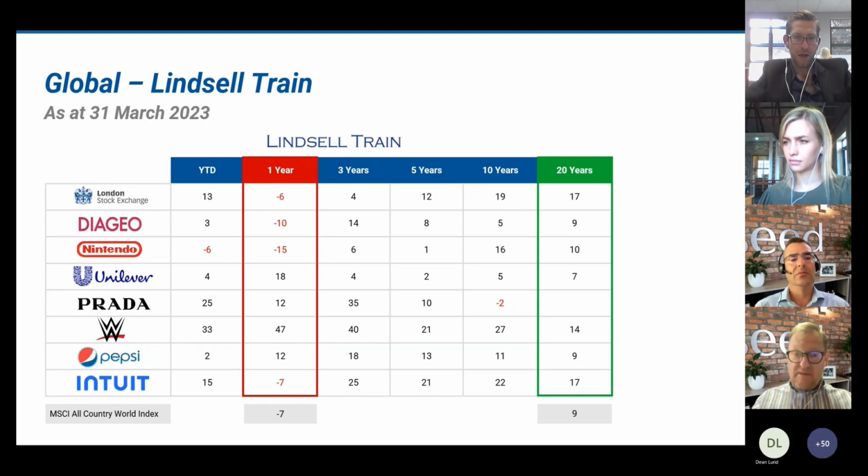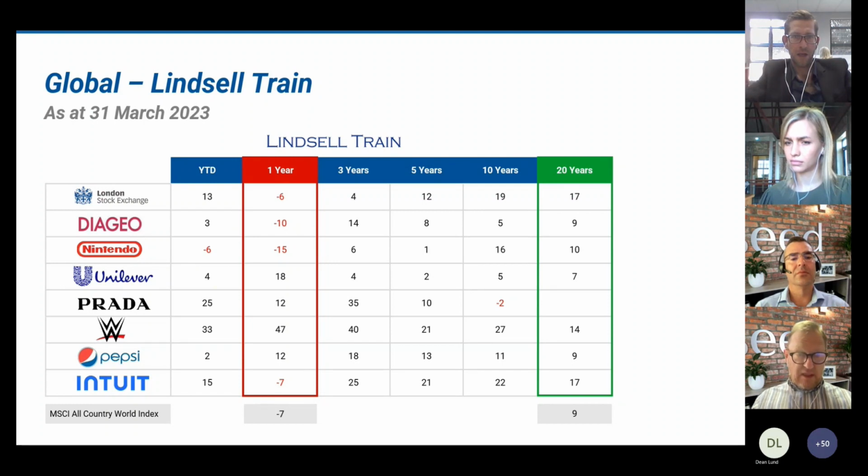But then other tech names, and those might not always be that obvious. With a company like the London Stock Exchange, if you look at that type of return over 20 years, that's given you a 17% compounded return. Over 10 years, 20%. I mean, it's just been a phenomenal business. And these businesses have great high moats around them, very difficult to get in. They're actually a lot more technology type businesses now.